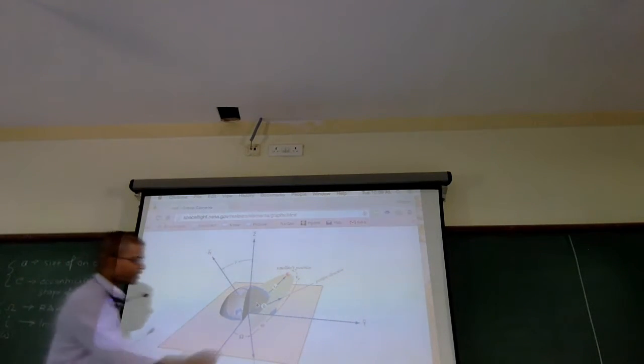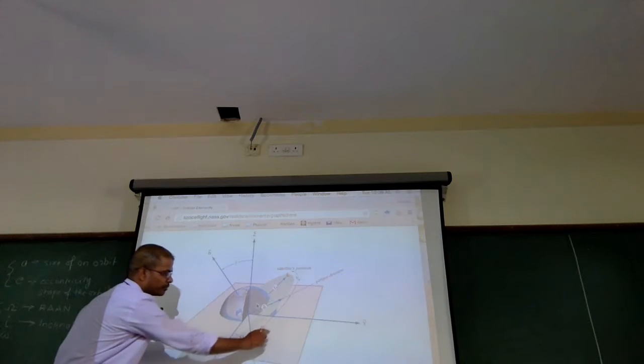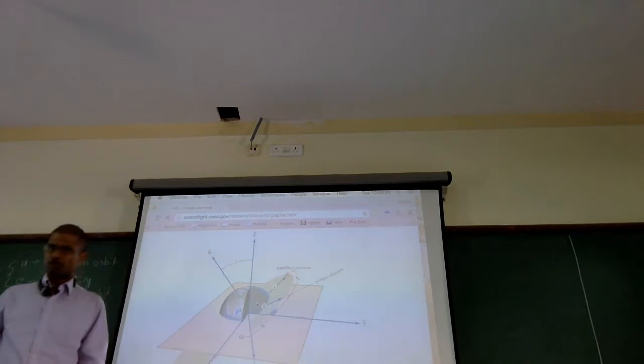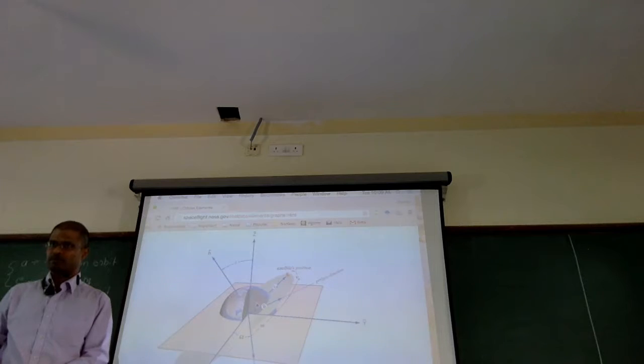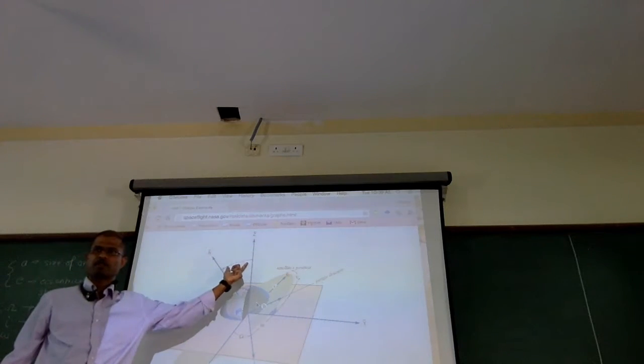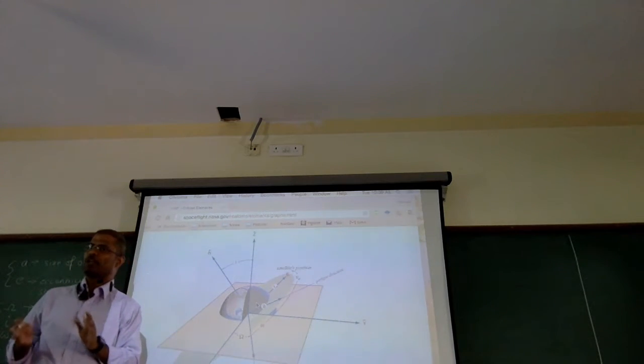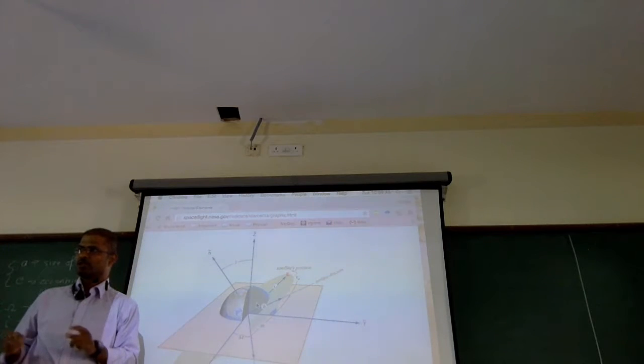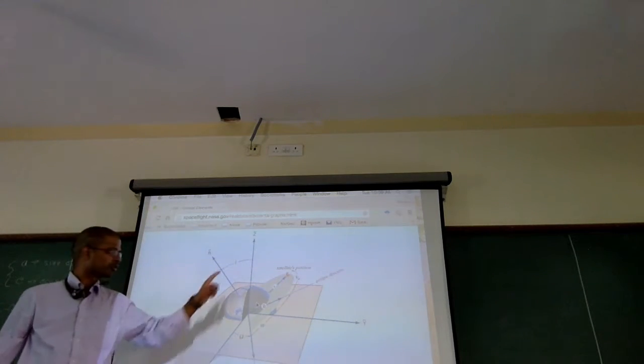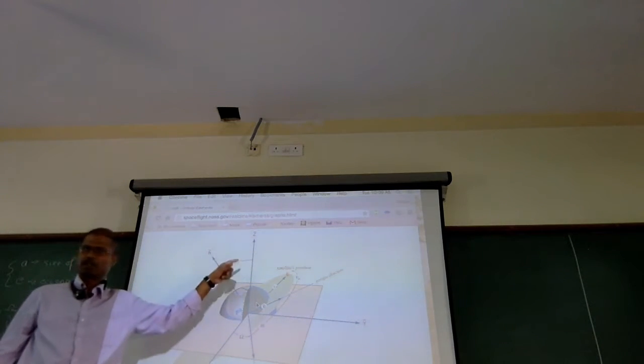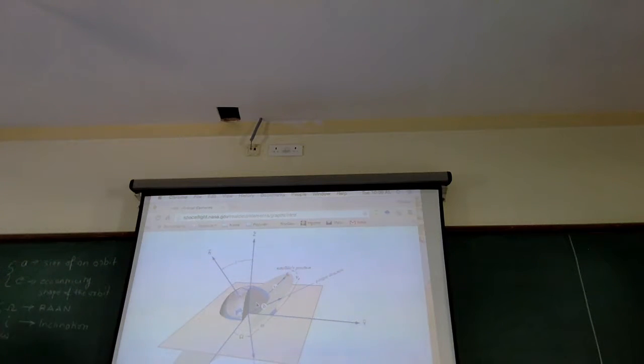You could have very well said this is the inclination. It would be the same, right? It has to be the same, but you don't define angle between planes, you define angle between lines, right? So this is how we define the inclination. This third angle is